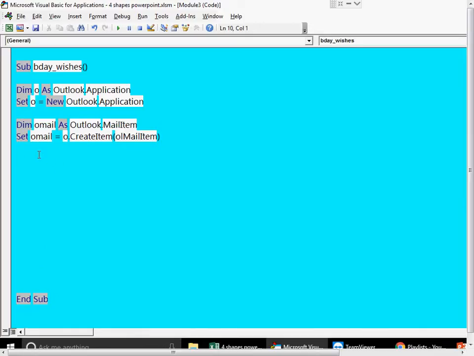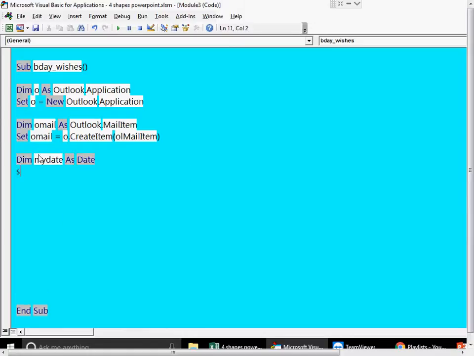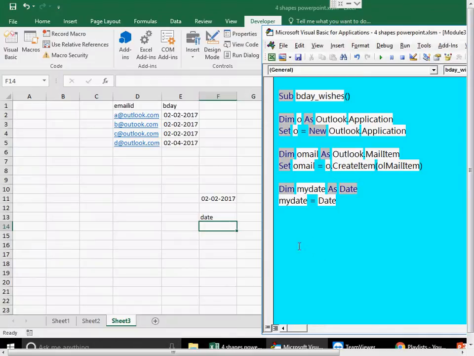Now here I'm going to create one more variable, which I will name as my date, as Date. Okay, and then you will write here myDate equals to what? I was telling you that you use this Date function in the Excel VBA, right? So when you use this Date function in the Excel VBA, what will happen? It will capture today's date, whatever the date you have on your system. Okay, so please ensure that your system date is actually capturing the right date, otherwise you will have a